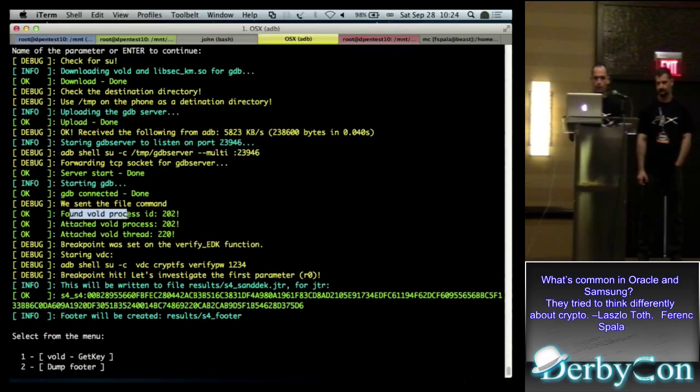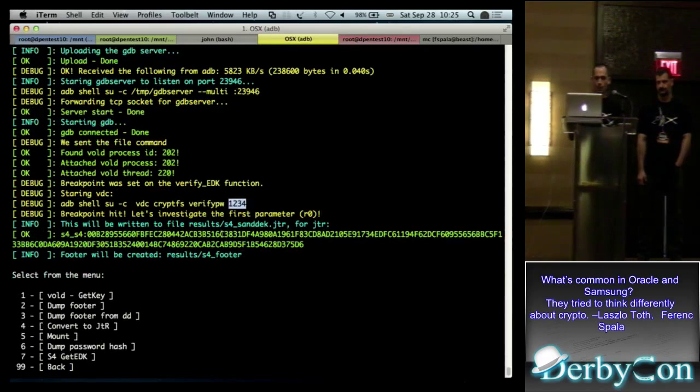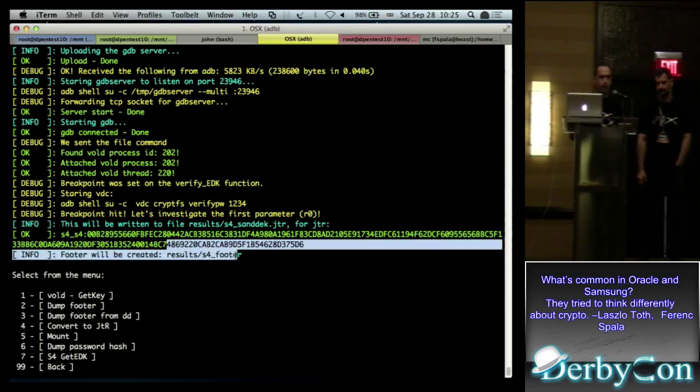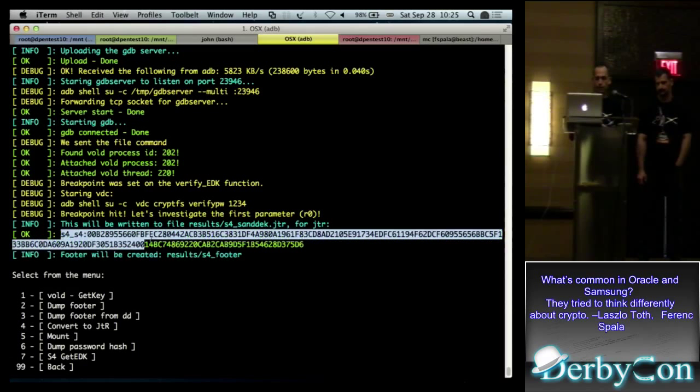And then we just find the VoLDE process, attach the given thread of the VoLDE process, set a breakpoint to the verify_edk function, as Laszlo mentioned, and we just initiate a VDC call with any password just to hit that breakpoint. And when the breakpoint is hit, all you need is to dump the first parameter. The trick is this is ARM, so you need the R0 register, which points to the first parameter, and that's all. Then we have the footer file again, and we have the John-compatible format of the password in order to